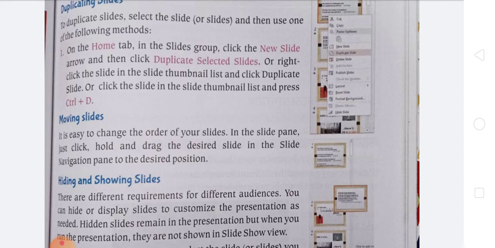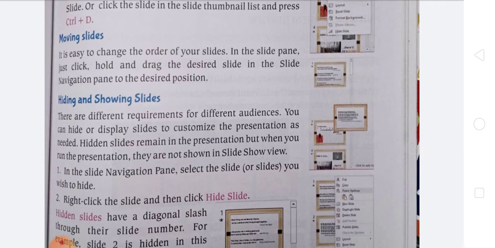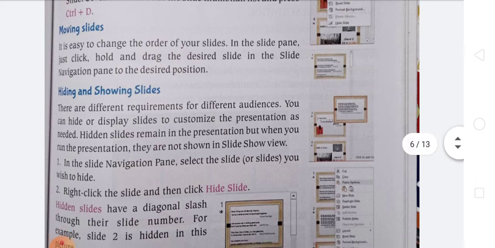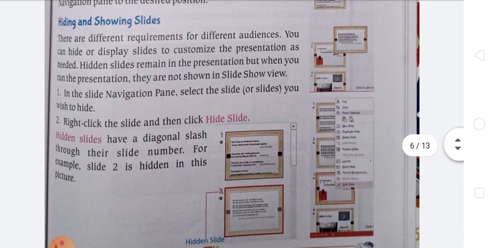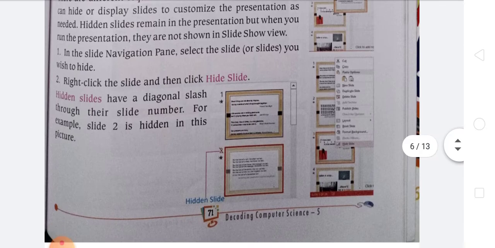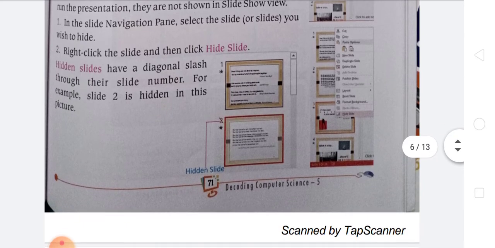Hiding and showing slides. There are different requirements for different audiences. You can hide or display slides to customize the presentation as needed. Hidden slides remain in the presentation, but when you run the presentation they are not shown in slide show view. In the slide navigation pane, select the slide you wish to hide, then right-click the slide and click Hide Slide.